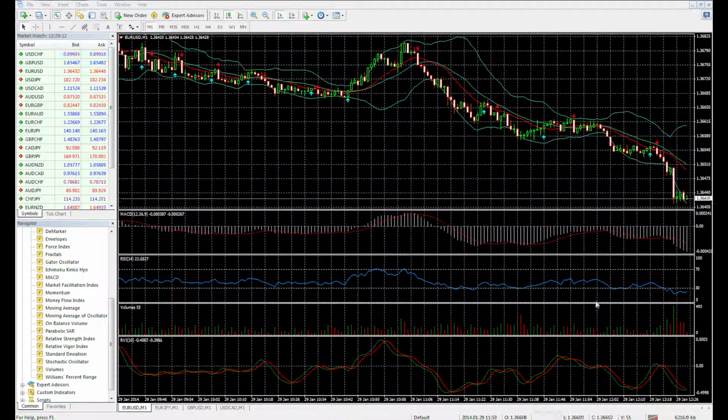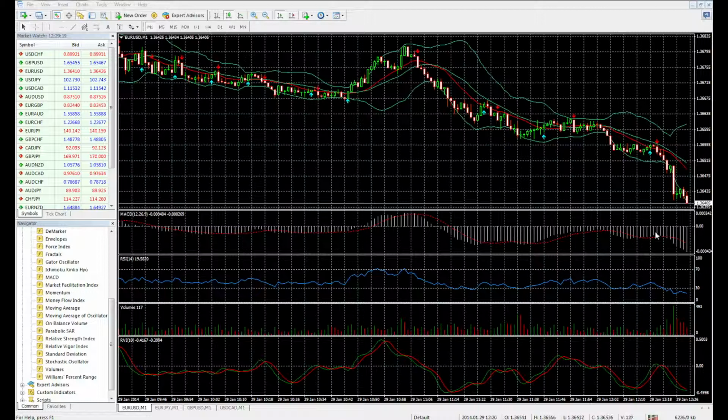But the next thing I look at is the MACD. What I see is that the waves are still going down. So I won't be trading upwards. I won't be trading high at this moment because I still think it's going down for a bit. Also, we see that